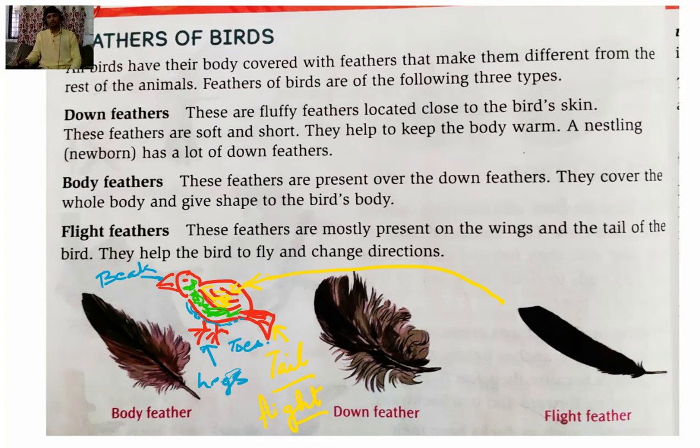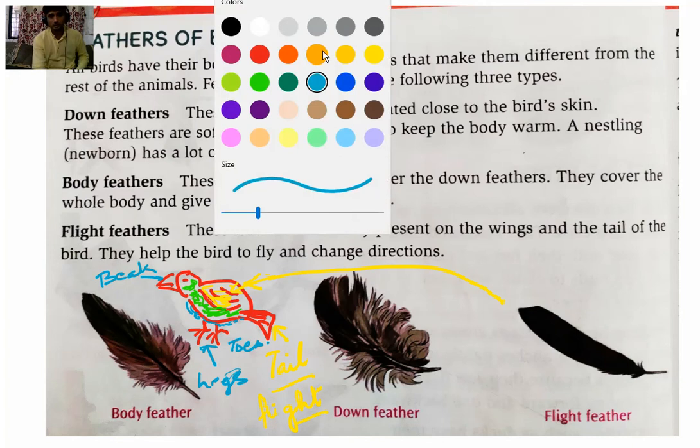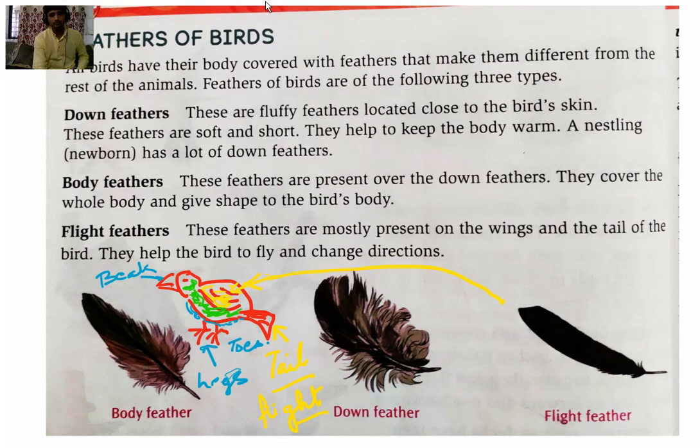Now let's go back to our topic, the description. So all birds have their body covered with feathers. As I have told you, every part except the beak and toes, the rest of the body of the bird is covered with feathers.